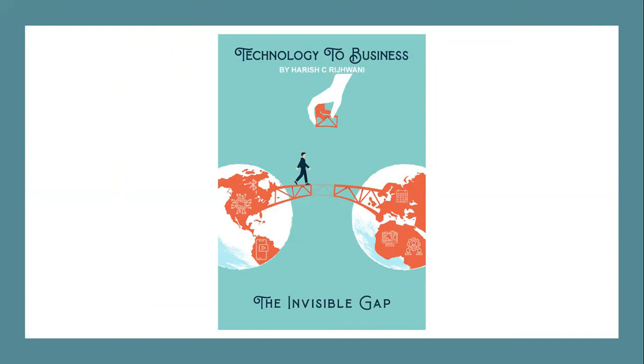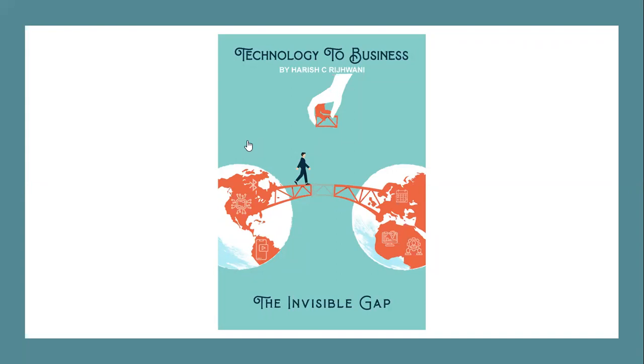So when you look at the image, on the right hand side you see certain icons, and on the left hand side you see certain icons. This is basically any person who's working on the technology front, anybody looking at software development, or somebody who's looking at growing their own business.